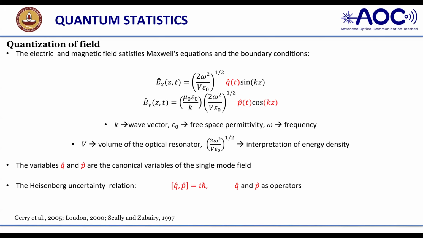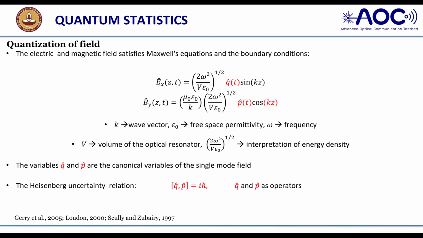I can count the number of photons, or I can make the quantum level when you are talking about one photon, 2 photons, 3 photons. So quantization is very, very important. And then we know this is a classical electric and magnetic field, and in the quantum case they have replaced it with Q(t). Generally, if you write the electric field for a plane wave equation, it will have E naught cos(omega t minus beta z). So this is the Q(t) they separated, and for the magnetic field, P(t).